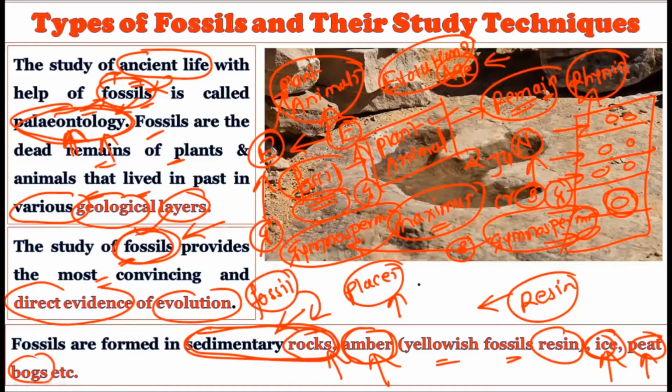So whenever you try to categorize the mother earth where you can find the maximum of the fossil record, one thing is sure: all over the earth you can find the fossil record. But wherever there was maximum life in the ancient time, in those areas of maximum life you will tend to find the maximum fossil record as well. So sedimentary rocks, amber, ice, peat bogs, these are some places where you will find the maximum of the fossil record. Okay, now consider this.